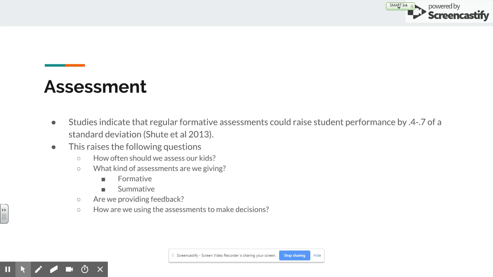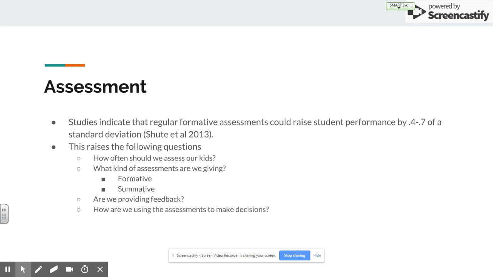But often the reason why teachers don't want to do this is because it becomes a little bit of a burden. It becomes overwhelming to give a formative assessment every single day or every other day, because then you have to grade the papers. Then you have to set up the tests, right? You have to give the test. You have to give time in your class to give it, which is why software which would allow us to do this more efficiently is absolutely needed, right? With the right type of assessment formats, this could be very easily alleviated.